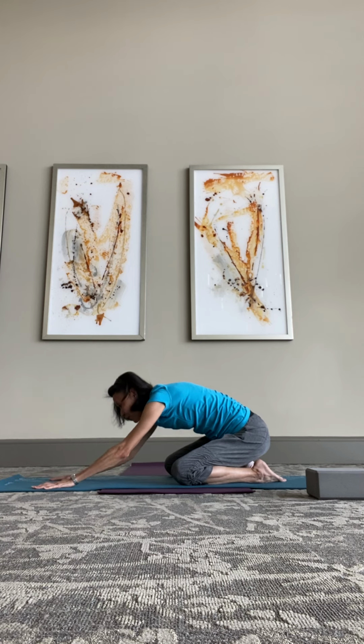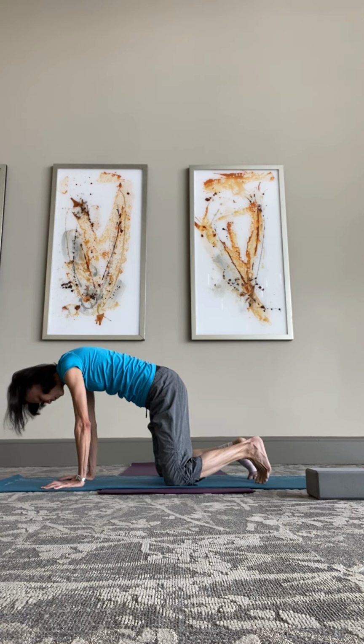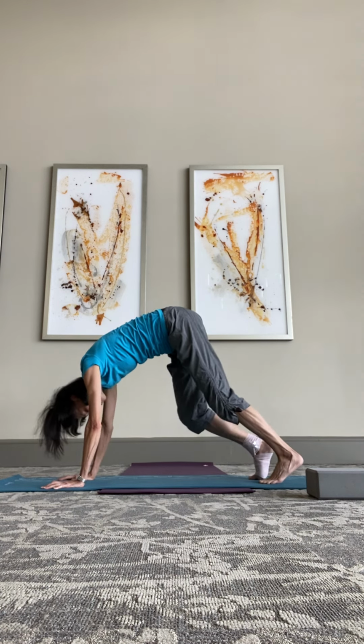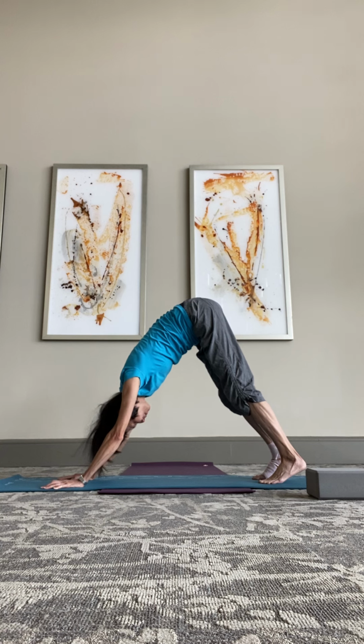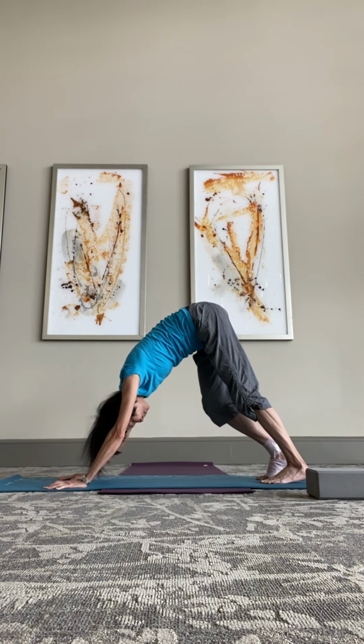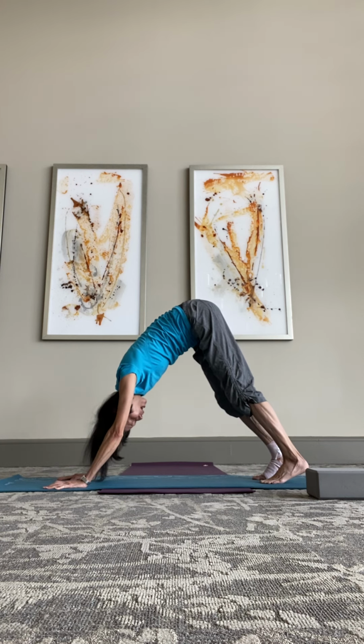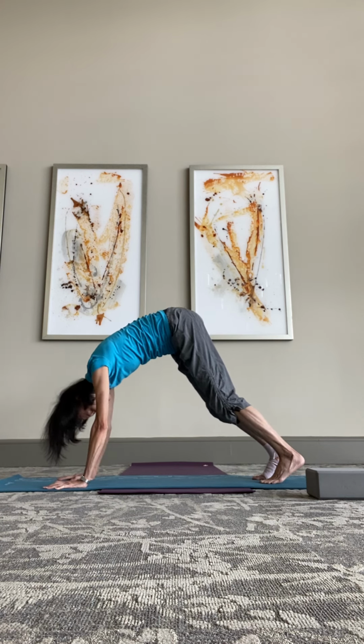Inhale, sliding your hands back, lift your tailbone up, tuck in the toe, bring the knee off the ground, tailbone up toward the sky, downward facing dog. It is an upside down V-shaped position, adjusting your hands and feet so that you feel the weight evenly without jeopardizing